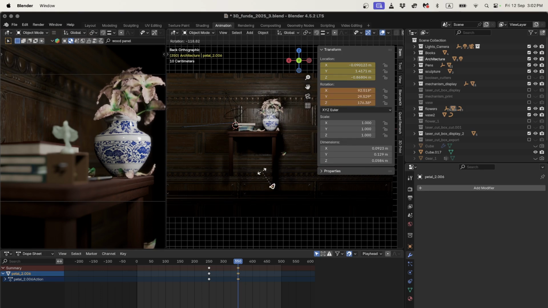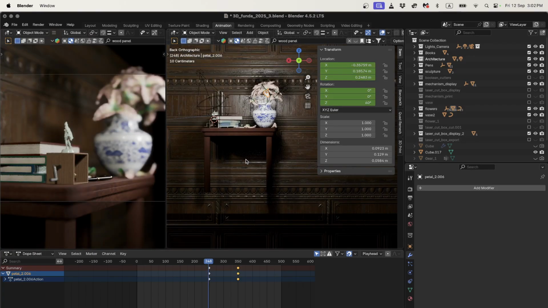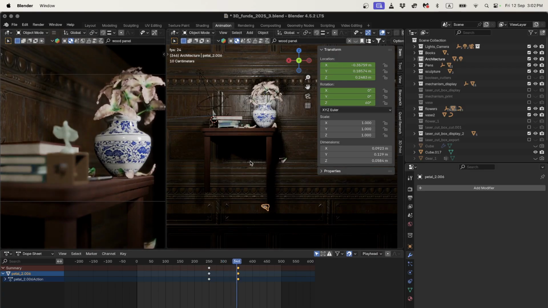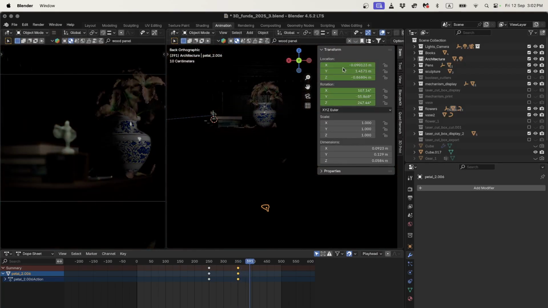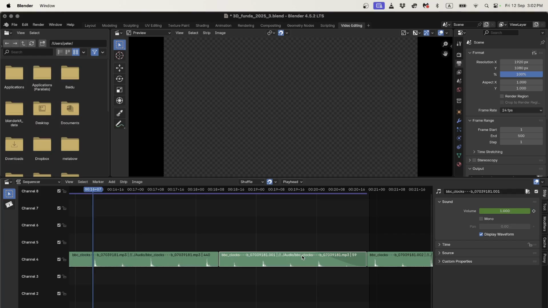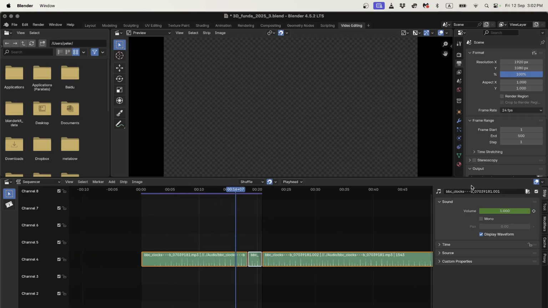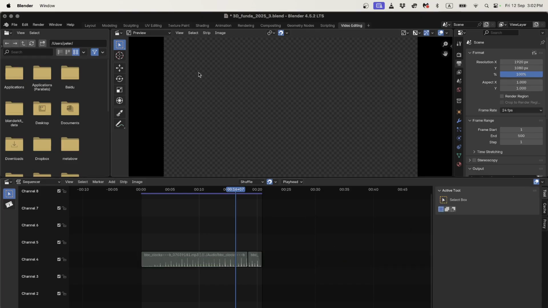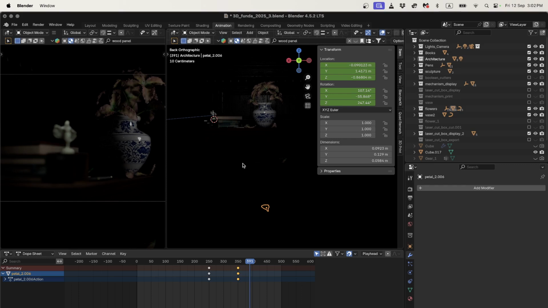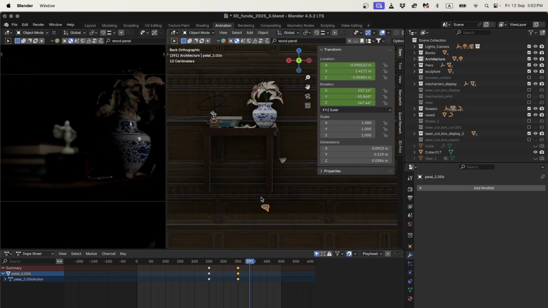So if I rotate, I'm going to rotate about, I don't know, 180 degrees, keyframe that again. So now if I go back and I play from here, it's sort of falling and tumbling. And you probably need to play around. I'm just going to mute that sound. I'll come back to the sound later, but let's just turn all of this sound off. And delete that one. Okay, so you probably need to play around a little bit with what